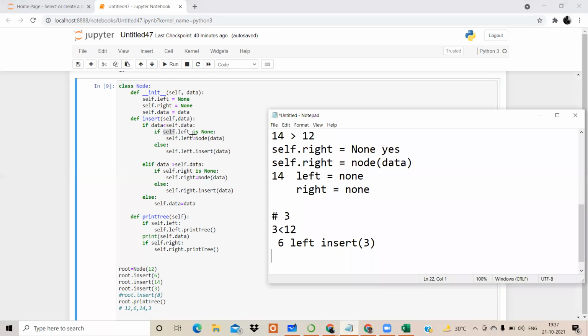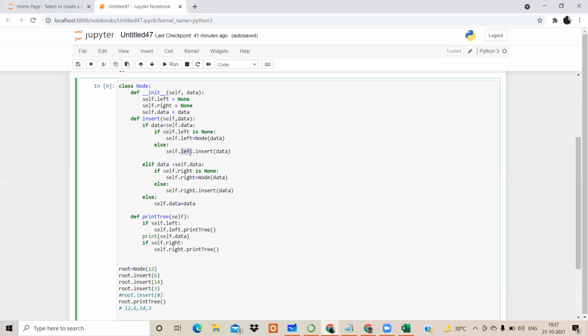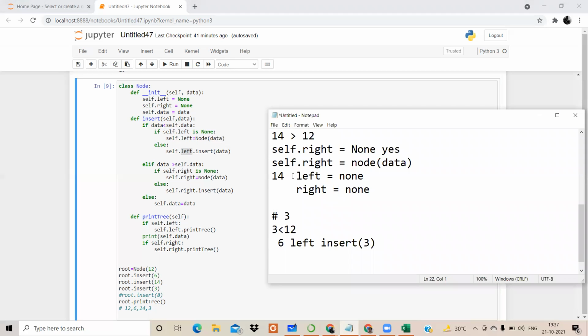It is checking if the self dot left of 12 is none. Self dot left of 12 is not none, and that's why it went to 6. And then it is adding the element towards the left of that 6. So currently when it will check, तो वो next node पे आएगा, node 6 पे आएगा, and node 6 पे जाके it will add that element 3 towards the left of that 6, and so 12 के नीचे 6, 6 के left पे 3. That's how the next element will be added in this case.